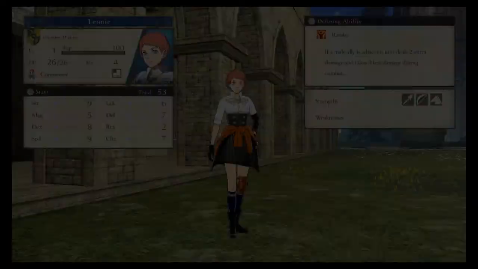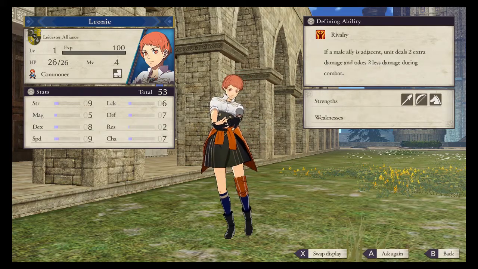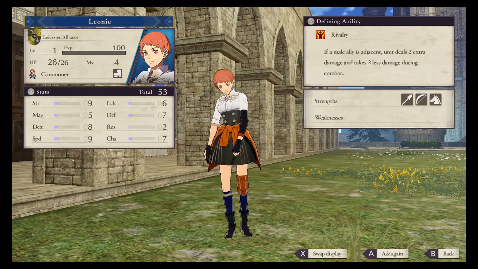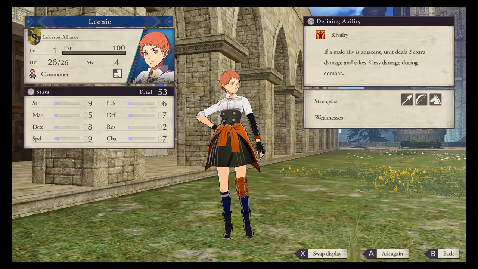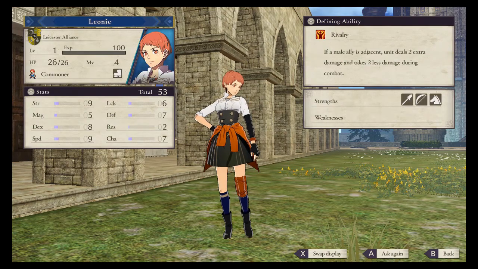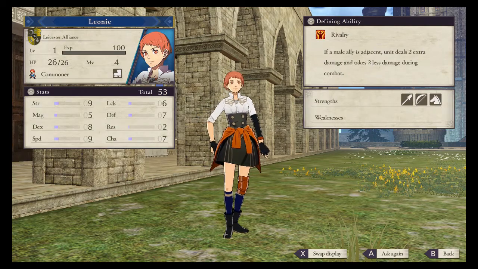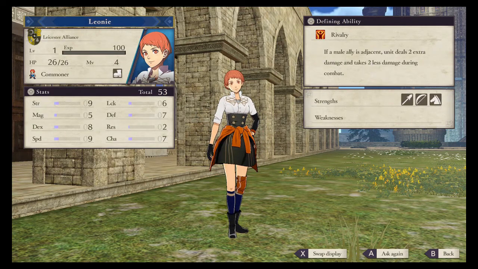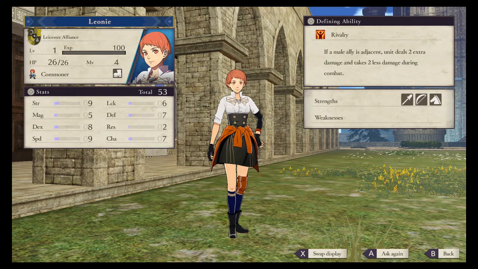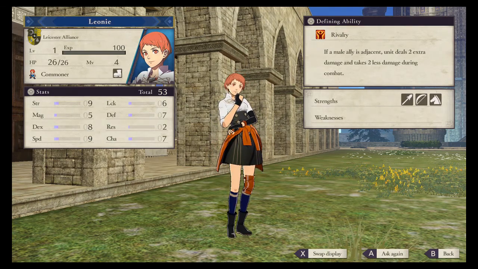And Leonie is lastly, in my opinion, the best Cavalier in the game. She's my favorite Cavalier in the game, and she makes for a fantastic Paladin. But I am going to try something a little bit different this playthrough. I was going to say I might put her down the thief path, and we can get some steals off the dark seals, and you know she's gonna make for a good